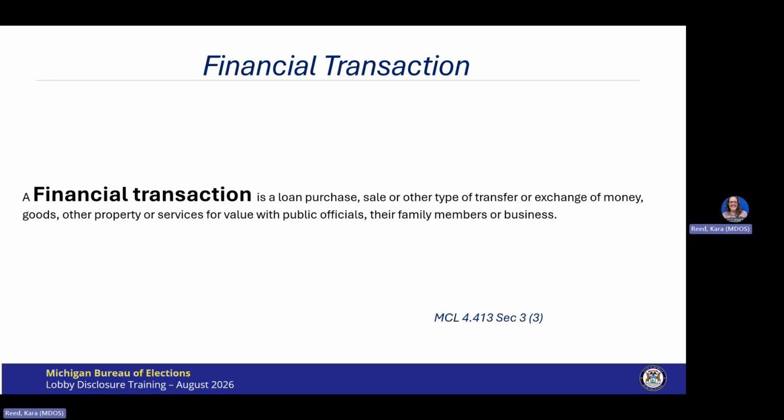It is important to note that if any portion of a financial transaction involves travel or lodging expenses and they exceed the current threshold, it is statutorily required to also be reported under the travel and lodging itemized expenditures. Now, for lobbyists only, if a transaction was 1, carried out during the ordinary course of business, or 2, if the primary business of the lobbyist is other than lobbying and consideration is of equal or greater value received by the lobbyist, this is not a financial transaction.